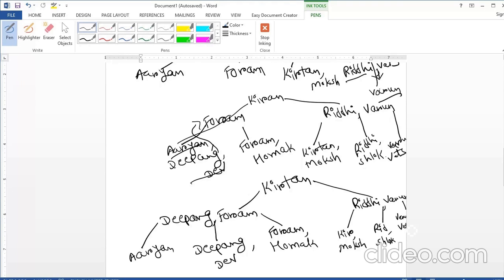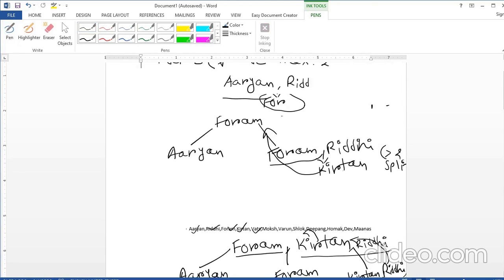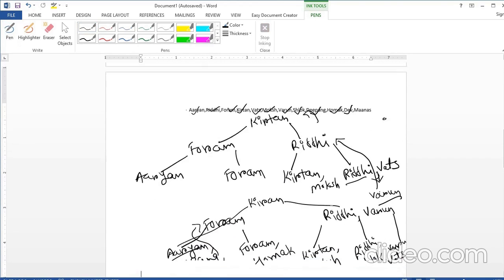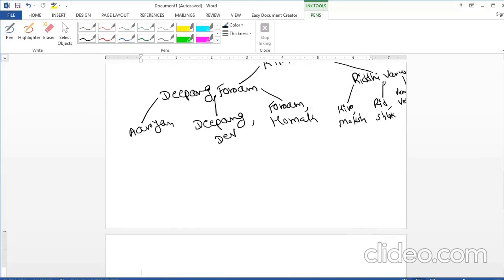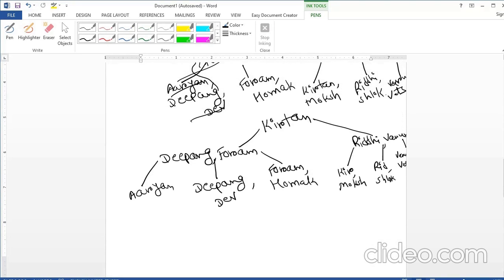Okay, and the last value is Manas, right? So Manas will be inserted between Kirtan and Moksh. Here we are going to insert Manas, right?